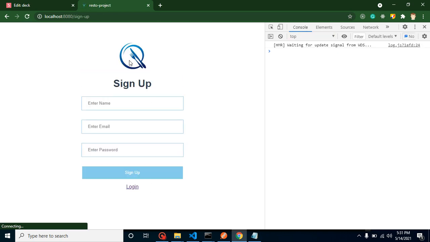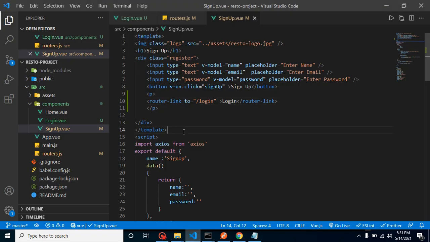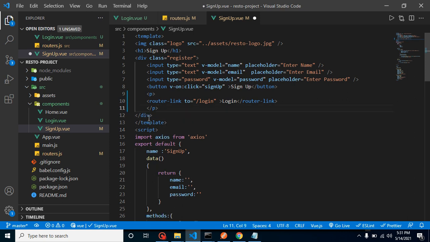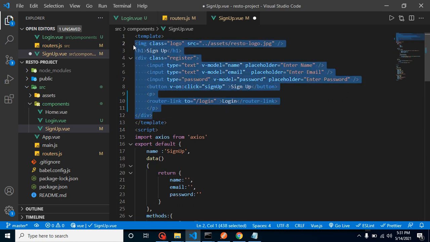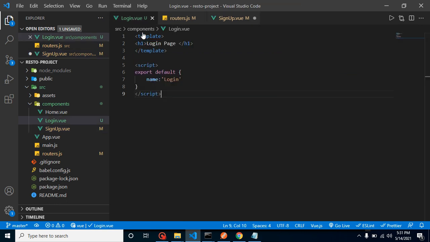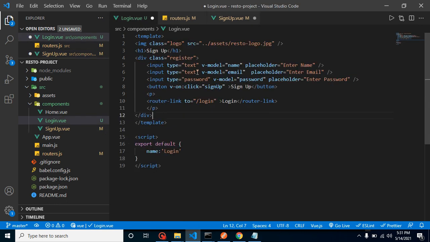So now let's add some input fields here. To save time, what we can do is copy all this code from here to the login page, and we will make our necessary changes. We can write it here also, but I already told you how you can make v-model, how you can add a placeholder, and how you can make a button. This is very simple, and we already created this form in the sign up page. So here we can save our time.